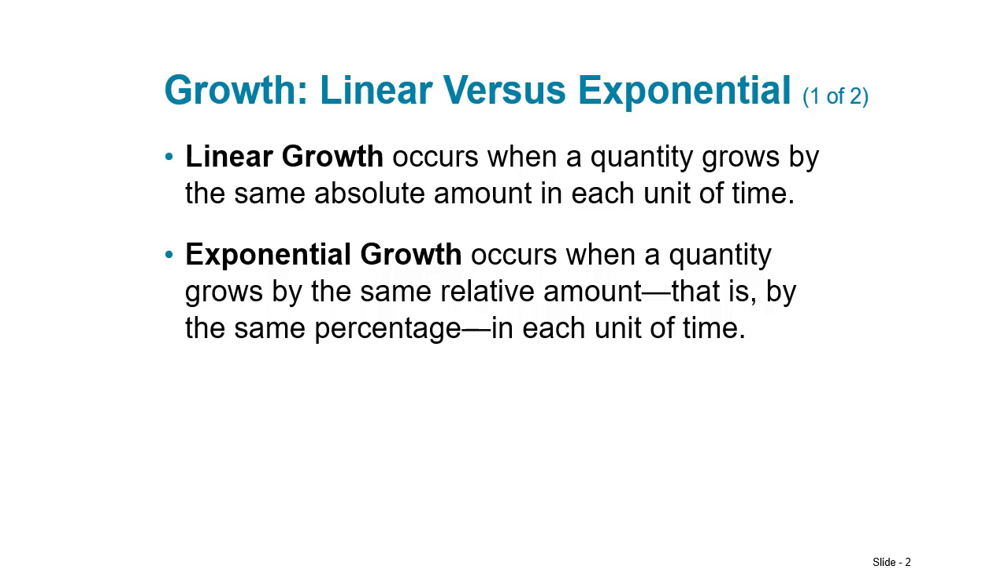Exponential growth occurs when some quantity, right, whether it be money or cells in a petri dish or whatever, grows by the same relative amount, meaning a percentage. So it grows by the same percentage each unit of time. And what happens